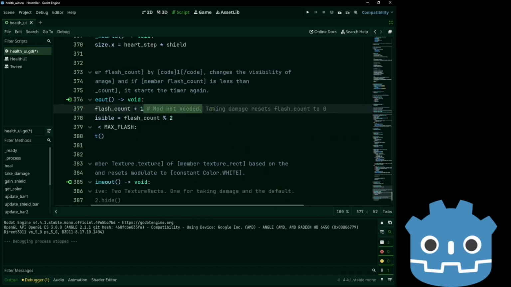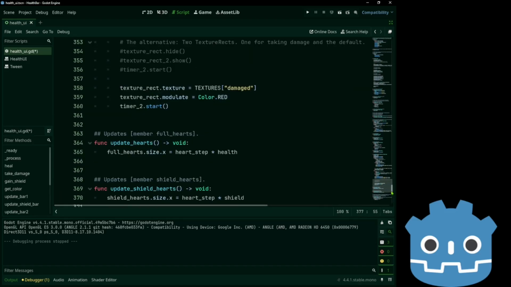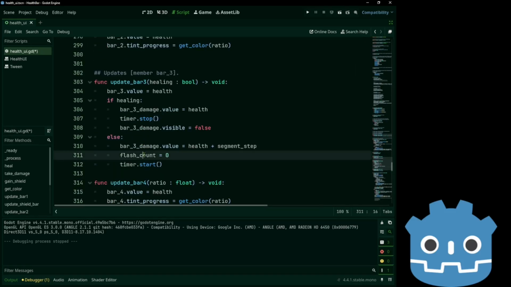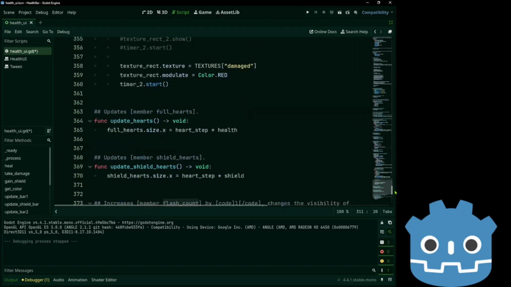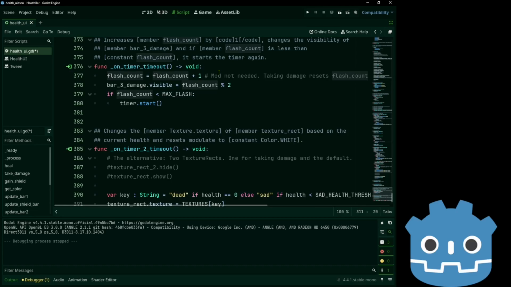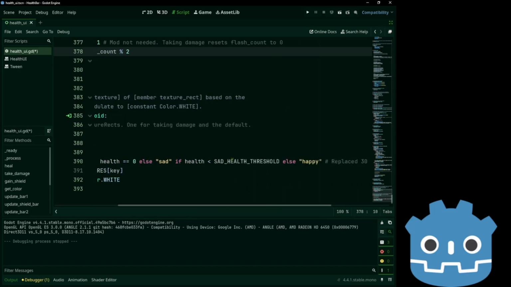And that's because when we take damage, we set flash count to 0. Over here. So there's no point to use the mod operator. On timer 2, the only change is the segment health.